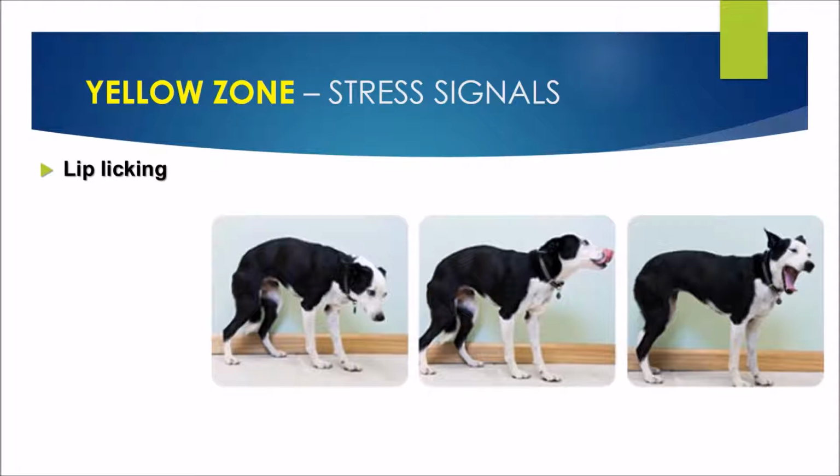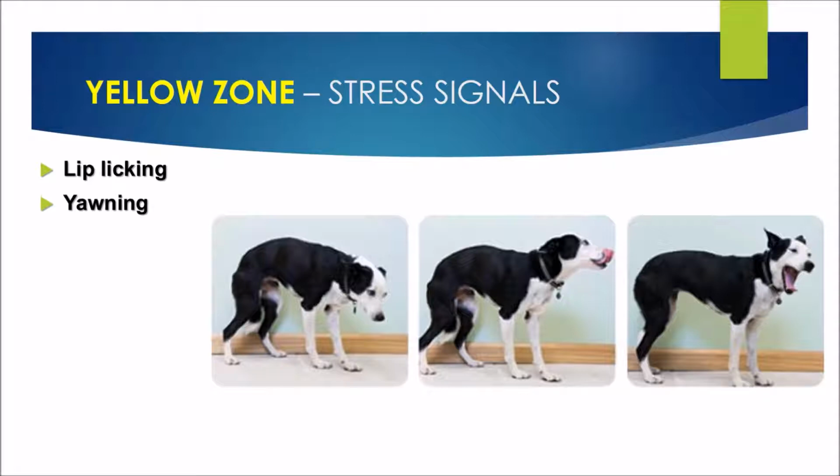The first one is lip licking. We're looking at the dog in the middle here, flicking out their tongue and doing a big lip lick. If your dog's just eaten something really yummy and is licking his lips, chances are he just thought that was delicious and is pretty happy about himself. If, however, the dog's in a new environment, there are some triggers around and he's a bit worried about it, and the rest of the body's looking a little bit stressed and tense, and you see some big lip licks, that's the displacement behavior there. That's him trying to cope with stress.